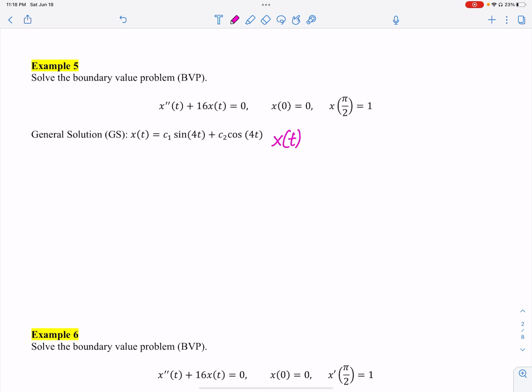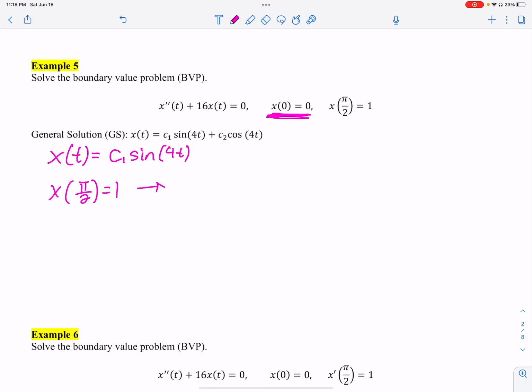X of t, let me write it down over here. X of t is C1 sine 4t. The reason I know that I can keep that is because this value, that's where I got that last time. Same thing, nothing changed there. So now, if I plug in pi over 2